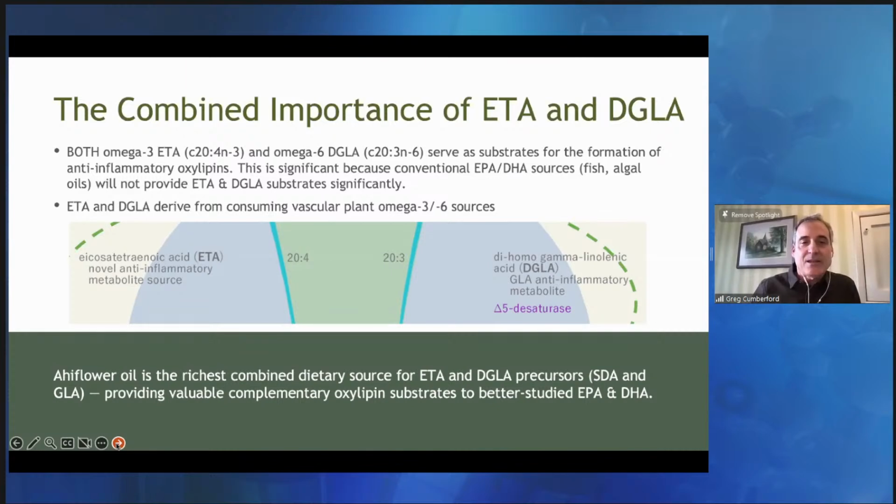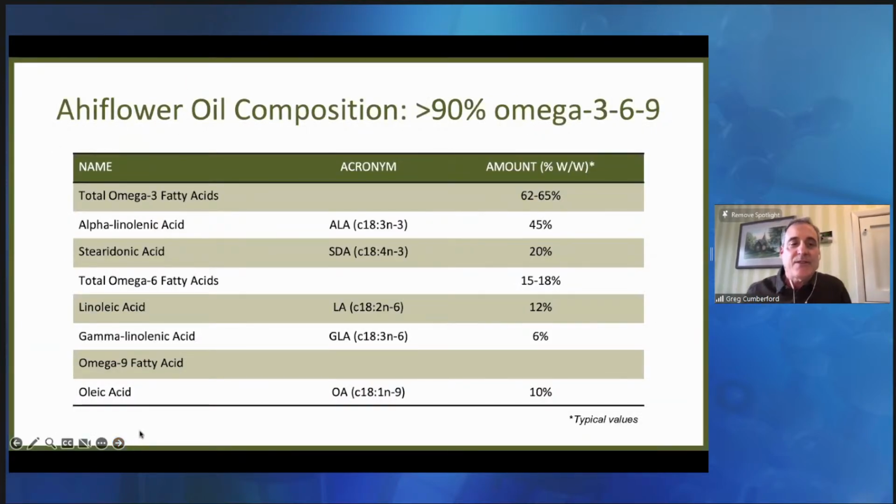And that's in complement to the others that are downstream, that the research Adam's team has been working on shows is happening with ahi flower consumption. Compositionally, ahi flower, as Adam noted, is a very rich source of stearidonic acid. In fact, it's the highest naturally occurring source of stearidonic acid, but it is also an excellent source of alpha-linolenic acid, about 75% of that of, say, flax or chia. It is a source of linoleic acid, but relatively low.